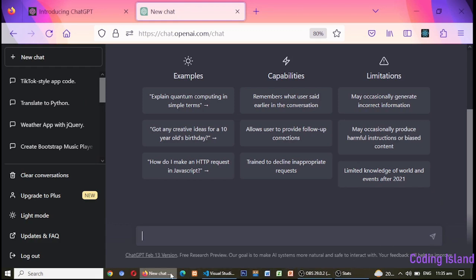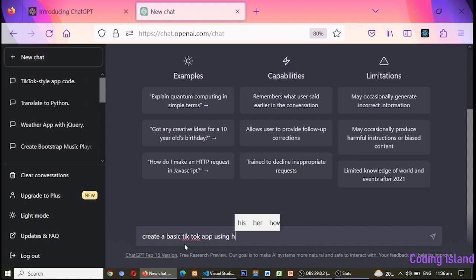Hello everyone, in this video, we'll be creating a basic TikTok-like app using HTML, Bootstrap, and jQuery. TikTok is a popular social media app that allows users to create and share short videos with others. We'll create a simplified version of this app that includes a sample video and a video feed to explore other